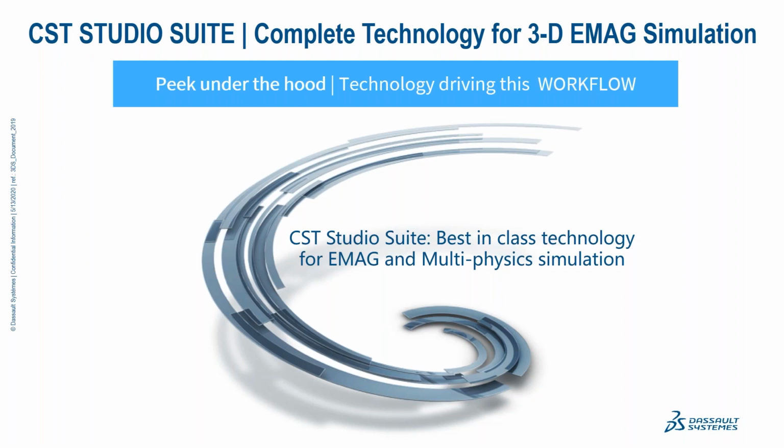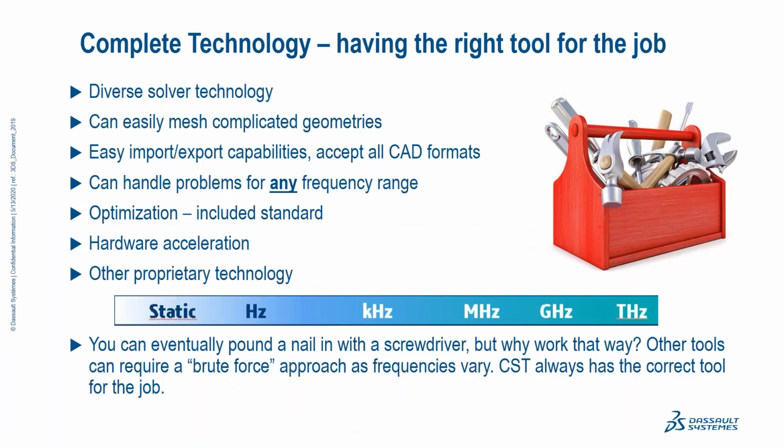The reason CST is so good is because it has something called complete technology, which really just means you have the right tool for the job. Really quick example, if you're building a highly resonant, narrow band, electrically small antenna, you're going to want to use a frequency domain solver. You want to use that numerical method. If it's broadband, electrically large, you're going to want to use our time domain method. Now, not many tools have, let alone either of those two, or the other 15 that we offer in the